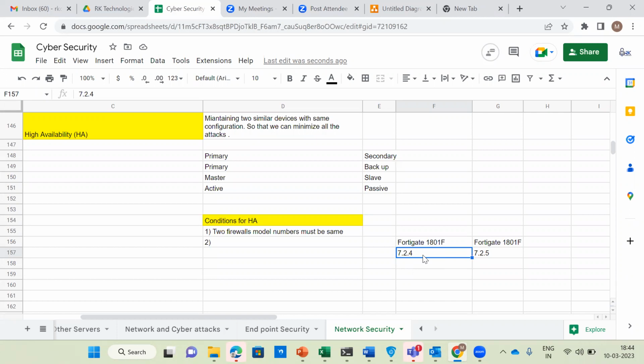For example, if the FortiGate primary firewall version is 7.2.4, what should the secondary firewall version be, or must be? What must the version be? 7.2.4. Yeah, 7.2.4. So these two conditions are mandatory. So two firewalls,